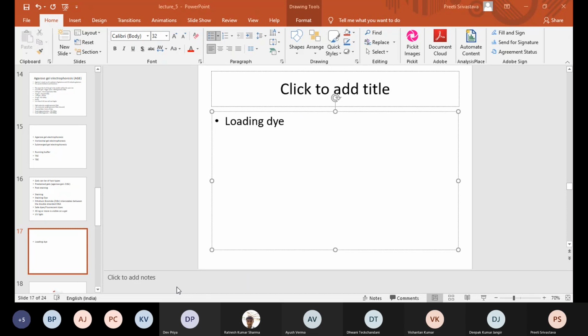Yes, ma'am. Right. So in this case, even if we stain it with ethidium bromide, you will have to observe it under UV light, right? Even if we use a fluorescent dye, it will require exposure to some rays. So therefore, what is done is we use a dye which is called a loading dye. The loading dye that is used is actually called bromophenol blue. The name itself says that it is a blue colored dye.